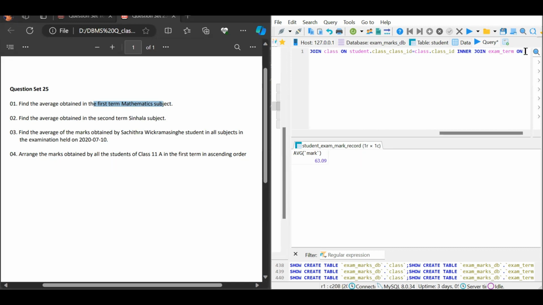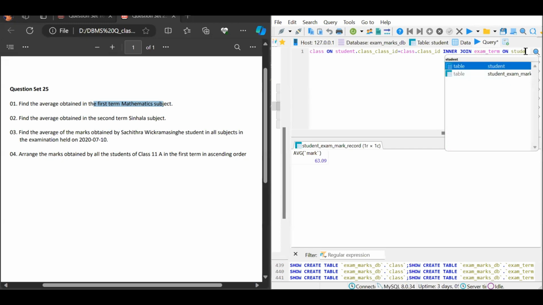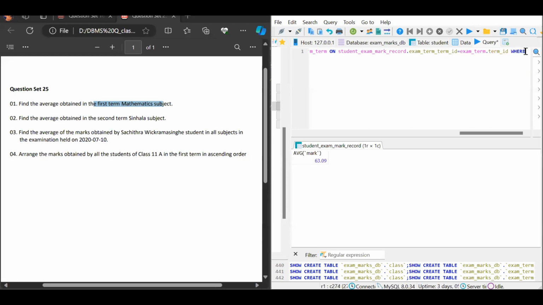The exam term table we can use the on keyword here, and then the student exam mark record table dot exam term id equals to exam term table dot term id, and then we can use the where clause here, and then inside the quotation marks we can give the term name as equals to inside the quotation marks the first term, and then we can use the and here, and we can give the class name as equals to 11A, and then